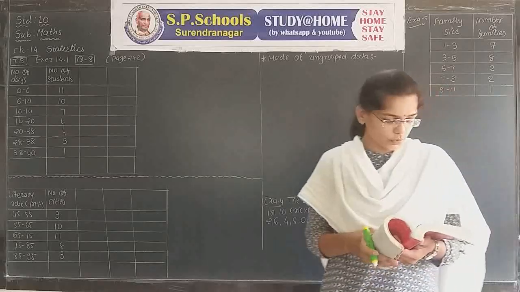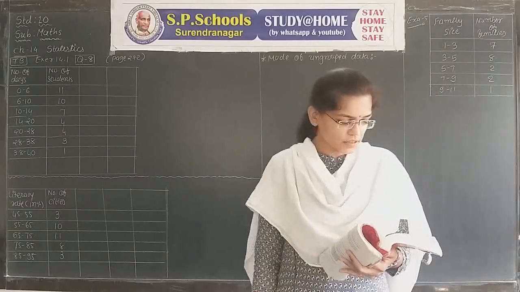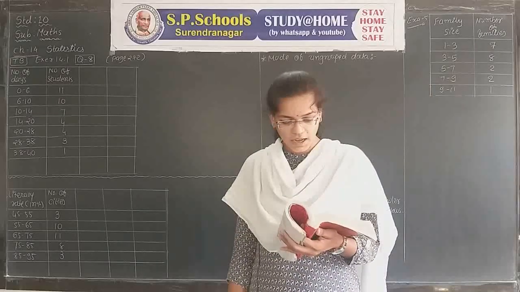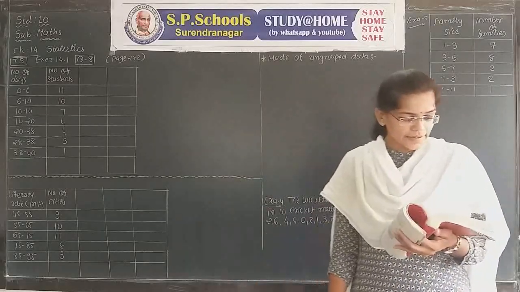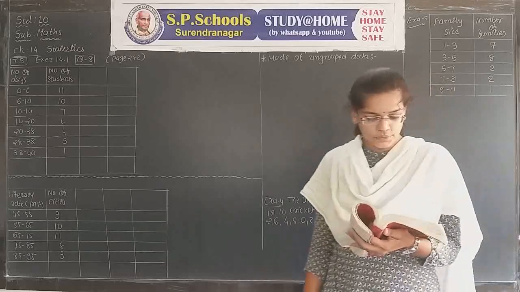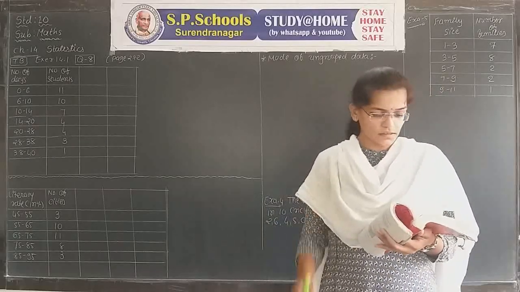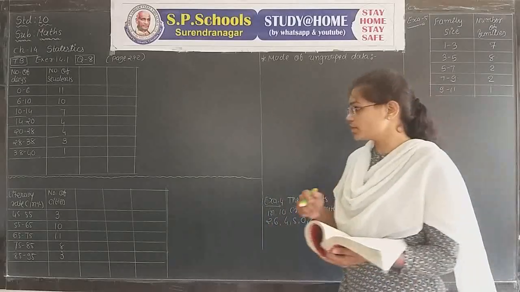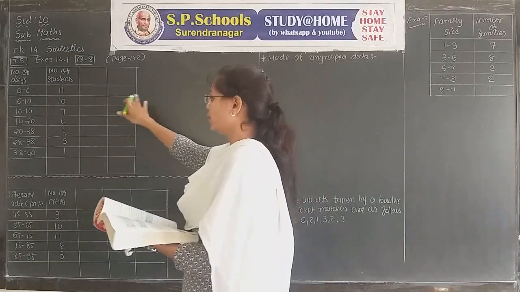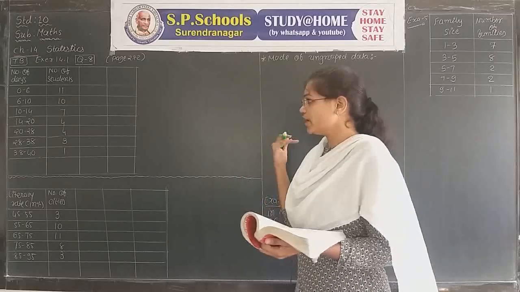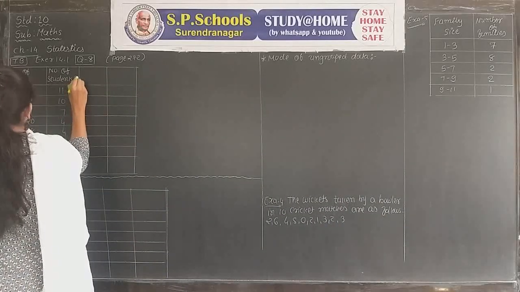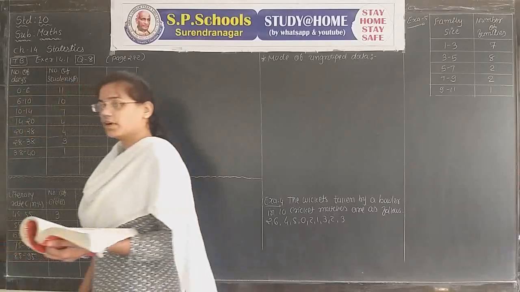First, understand the question. A class teacher has the following absentee record of 40 students of a class for the whole term. Find the mean number of days a student was absent. The number of days and the number of students are given in horizontal rows. We prepare one vertical table with number of days and the number of students. The number of students is taken as the frequency Fi.